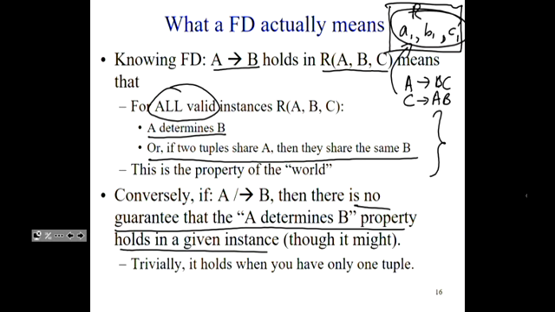Okay, so basically A implies B means that for all valid instances A will imply B. If A does not imply B, then we don't really know whether it will hold true for a given instance or not, but what we know is that it doesn't hold true in general. Okay,